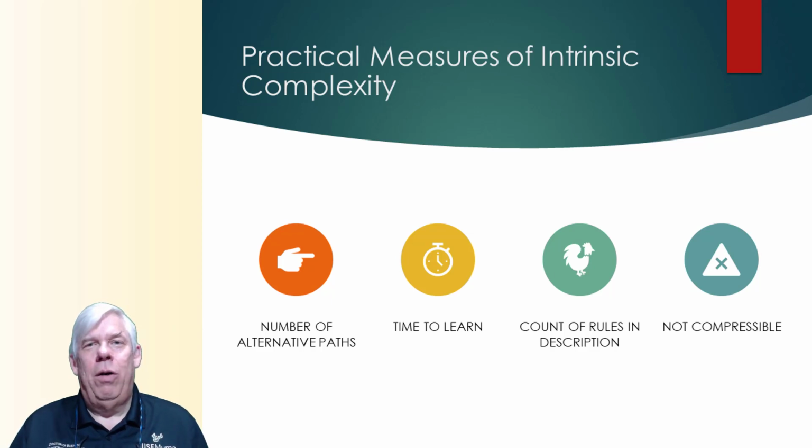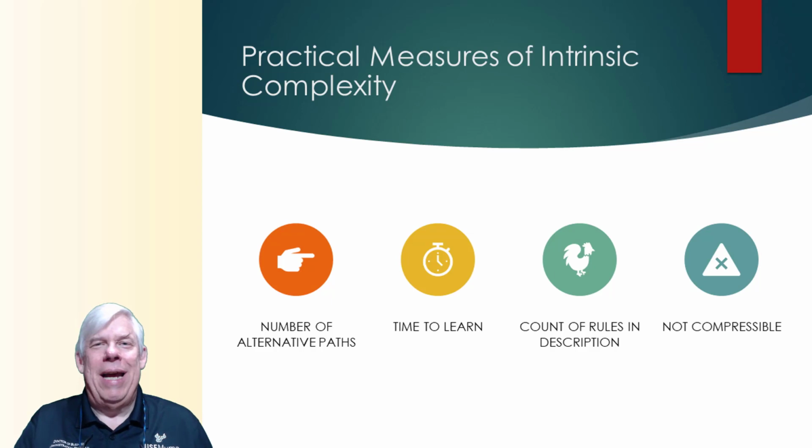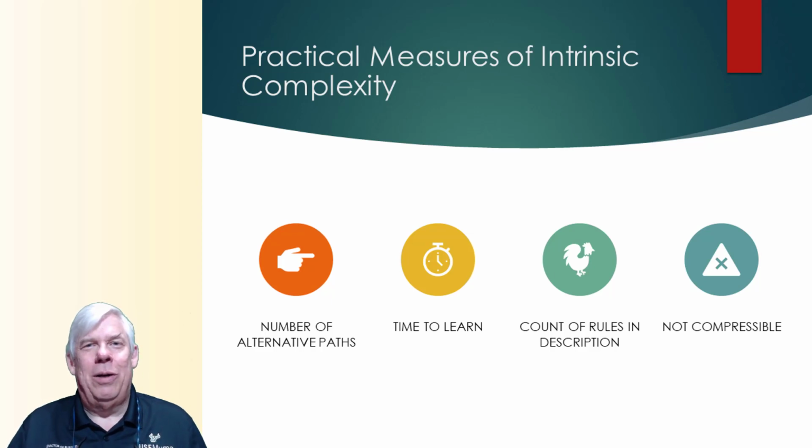Finally, there's a question of how compressible the task is, and that takes us back to the map of Boston and the map of Manhattan, because if you look at the map of Manhattan, it's laid out like a grid. Intuitively, you can get a sense that we could compress that map, and any set of directions we had to get from point A to point B, we could do by simply describing how many avenues to cross and how many streets to cross. Boston, on the other hand, is organized according to no rational principles.